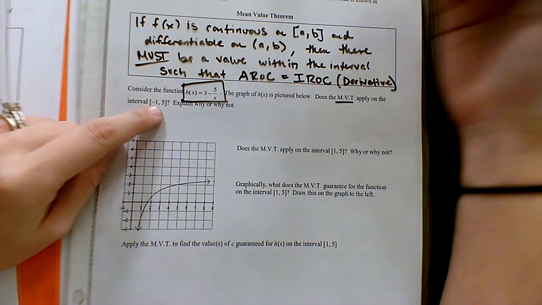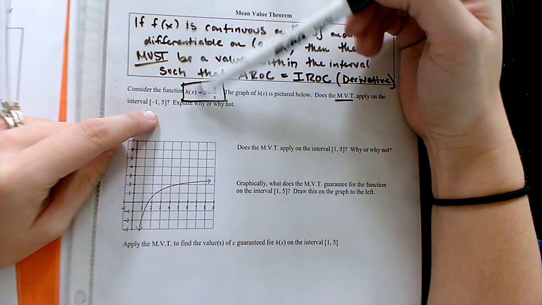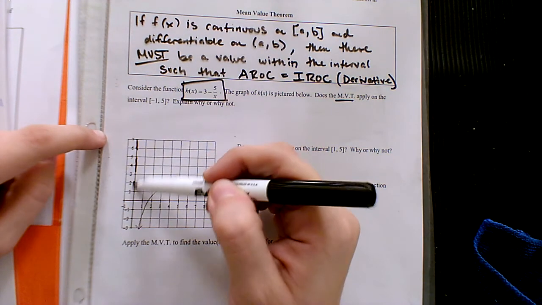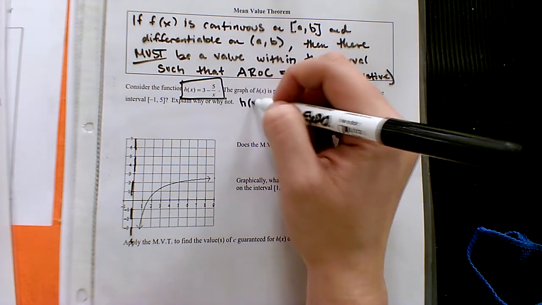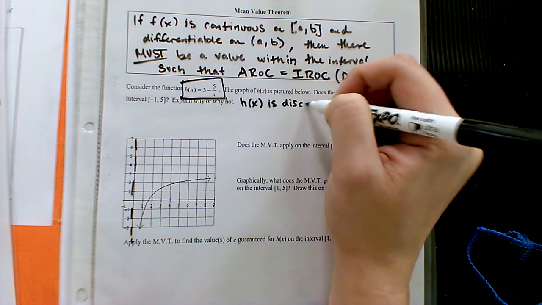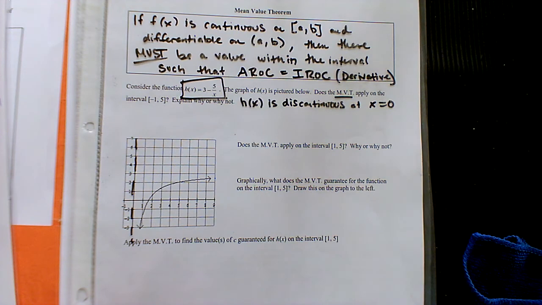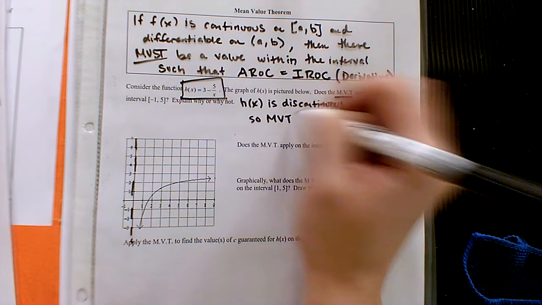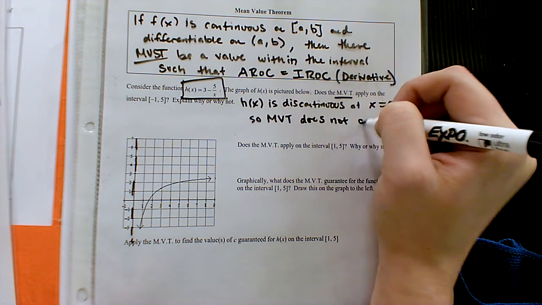-1 to 5. Is there a number within the interval that would not work in the function? 0, right? Because that would make the bottom 0. So we essentially have a vertical asymptote right here. I know it's not very obvious based off the picture, but since we have the equation, we know for sure that there's something going on there. All right, so h of x is discontinuous at x equals 0. This is within the interval, so it's an issue for us. So the mean value theorem, MVT for short, does not apply.